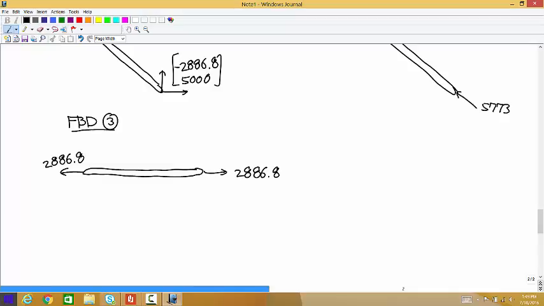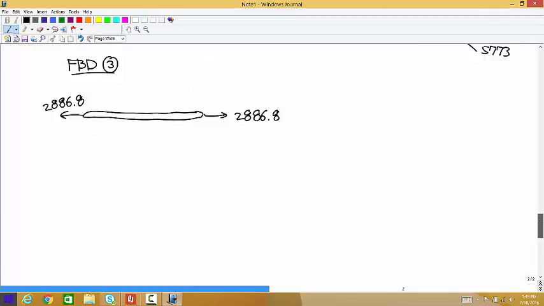Okay, and then the question also asks you to come up with a stress tensor for points in those members. Let's go through it the other way, get the same answer, and then we'll do the stress tensor thing. Any questions about that? Okay, so